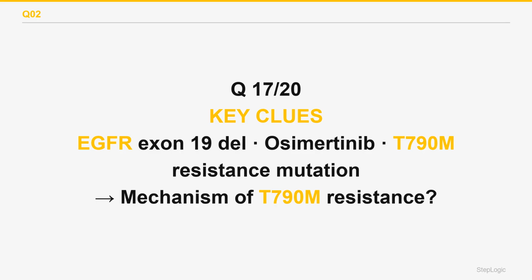This substitution increases the binding affinity of the kinase domain for ATP. Because the drug must compete with ATP, higher ATP affinity means the drug is effectively displaced. The kinase remains active and downstream signaling continues despite drug presence. Osimertinib, a third-generation TKI, was actually designed to overcome T790M resistance, but secondary mutations like C797S can then emerge against osimertinib